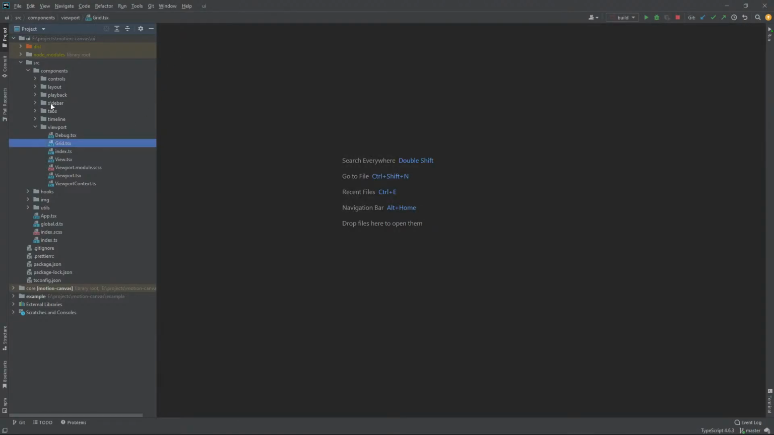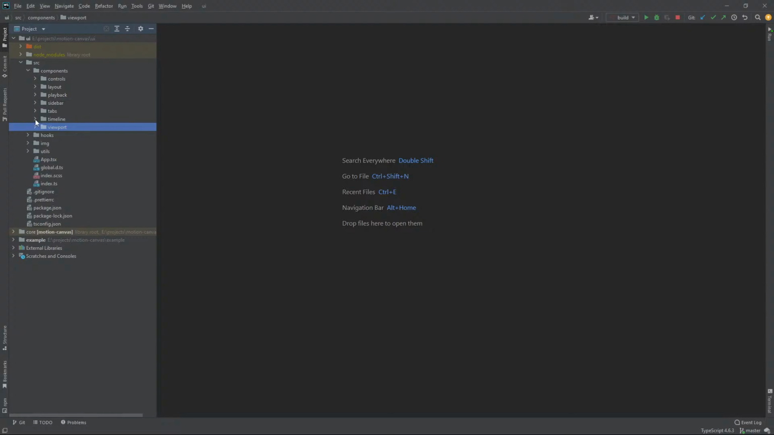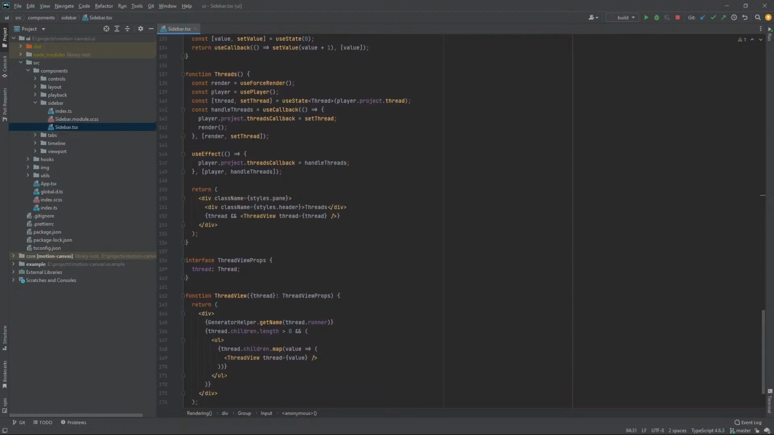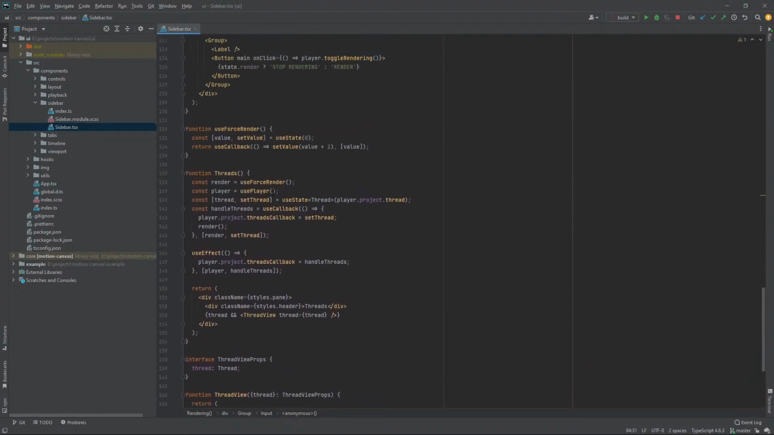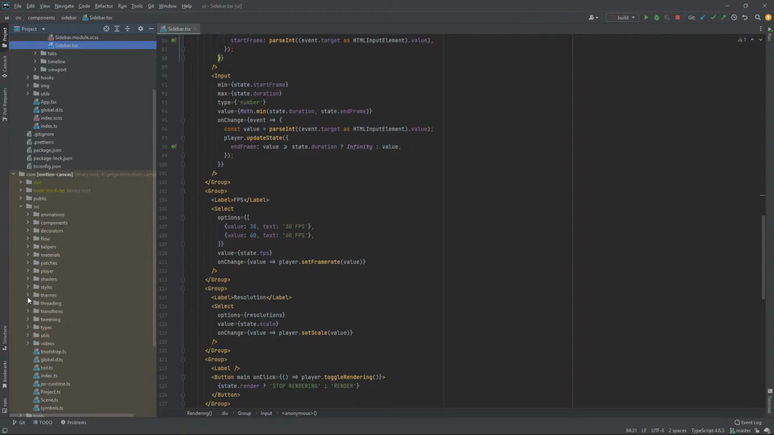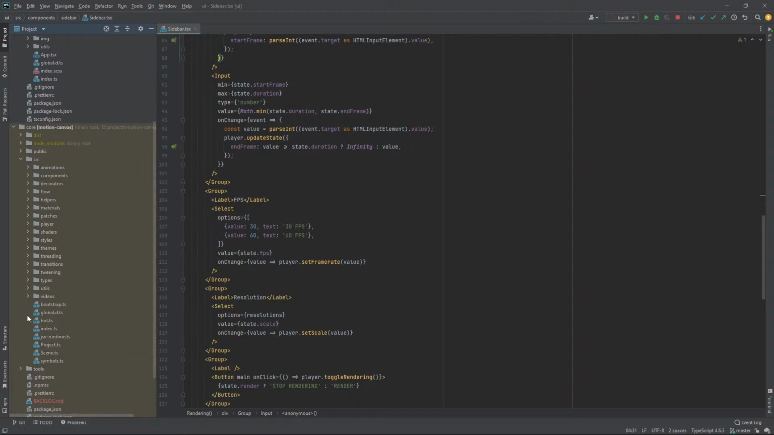I can show you how the rendering is done, but the rendering is not refactored yet. Everything is in this one sidebar file. I'm going to extract this later. But if we take a look at the player, which is right here,